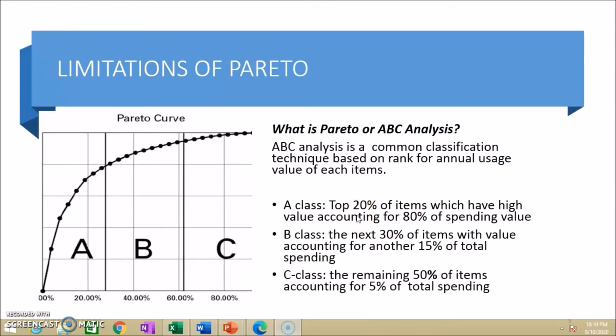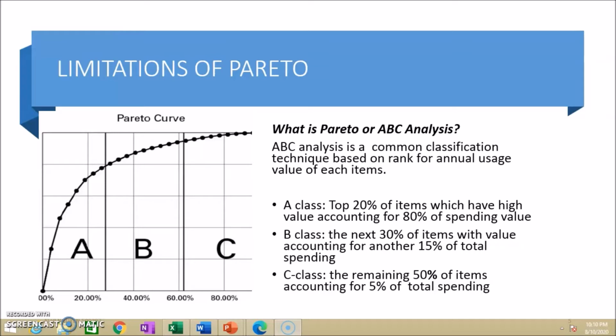So let's move on to the limitations of Pareto. What is Pareto or ABC analysis? ABC analysis is a common classification technique based on the 80-20 rule. So items or inventory would be divided into three groups based on their rank of annual usage value or spending value. So you can see here, A class is the top 20% of items which have high value, accounting for 80%